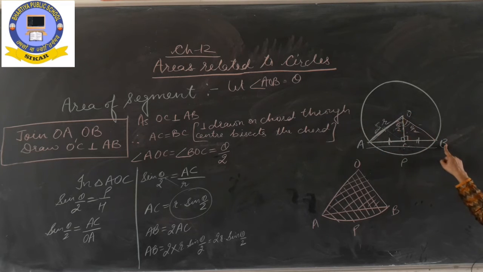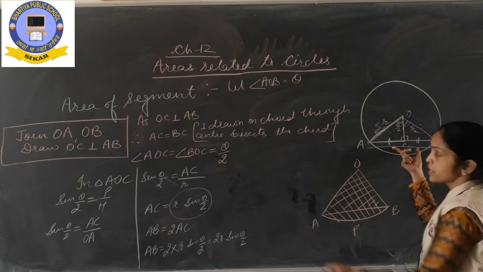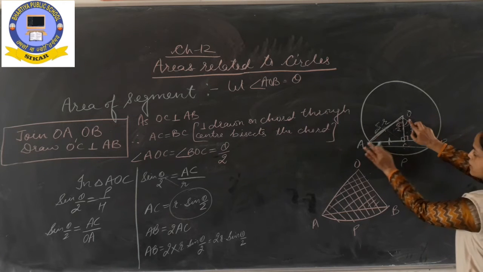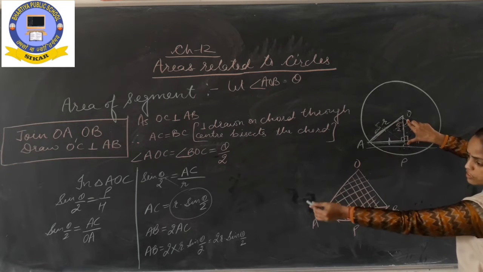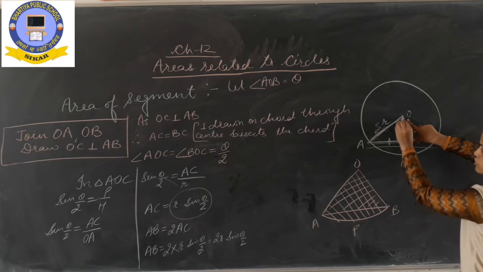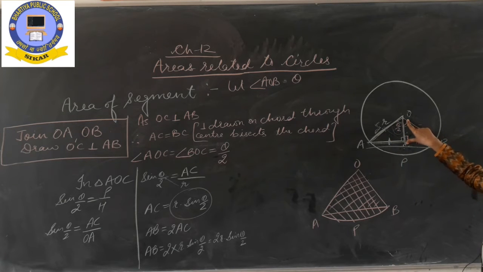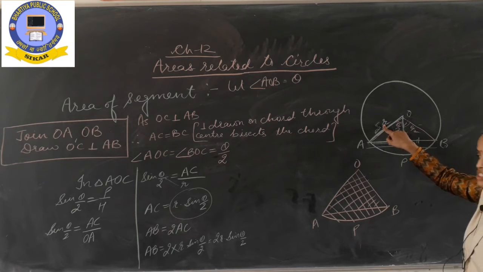In AOB triangle, we have to apply area of triangle formula half base into height. So base is AB, which we have already got. Now we need to find out height OC. Now see, for that same triangle AOC, आपको ये side दी हुई है radius. AC you have already found. Only OC is left. जो OC है वो इस angle theta upon 2 के लिए क्या है? Base. So now for finding base, hypotenuse is given. So we must apply cos. Trigonometric ratio cos we will apply.